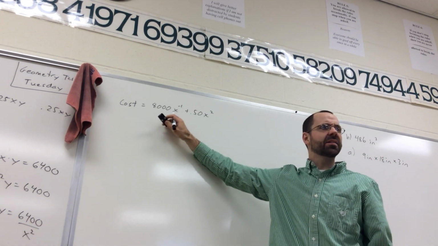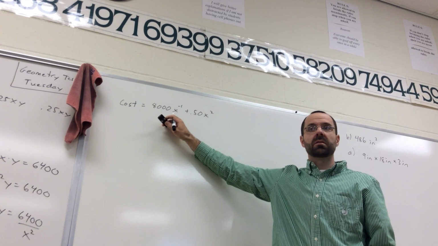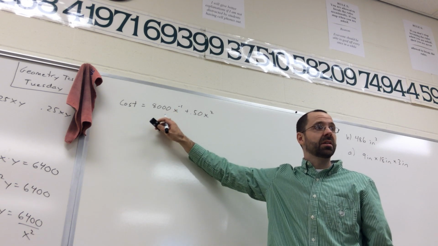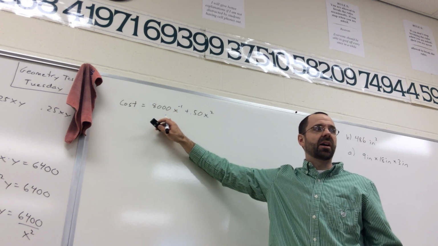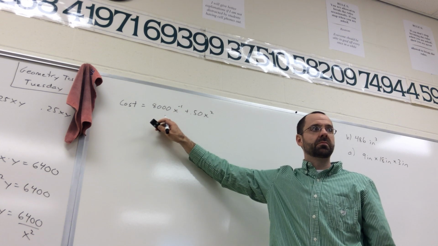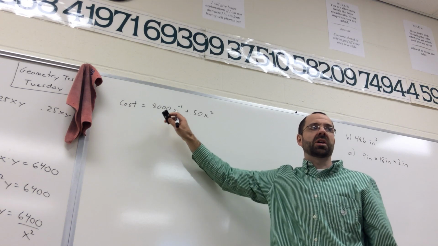So what am I trying to find in this problem? The minimum cost, right? So then I'd have to take the derivative of this, set it equal to 0 and undefined, et cetera, to find the minimum. Is everybody okay with knowing how to do that? I don't have time to do it all, but